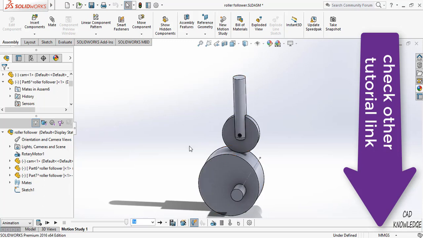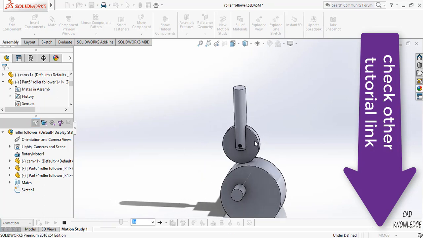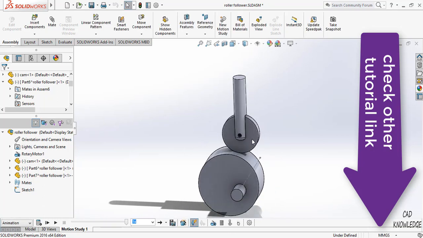Because of the rotation and sliding, it produces less stress and strain as compared to the others, and it is useful where you want less friction. A roller follower is used where the space is high, not where the space is low.